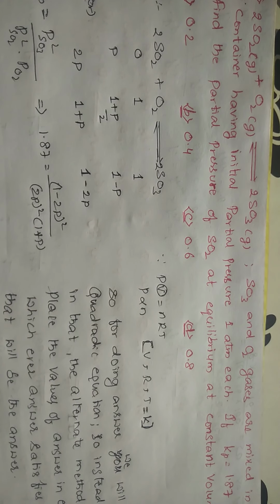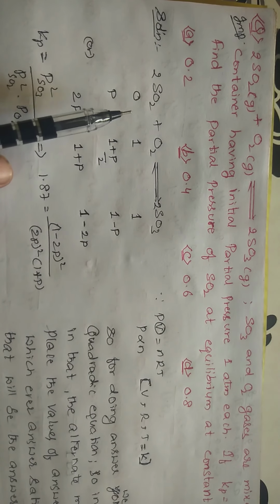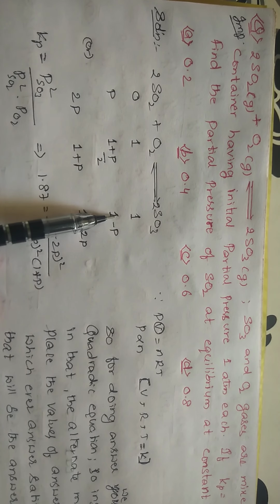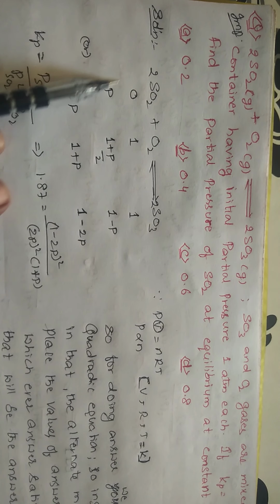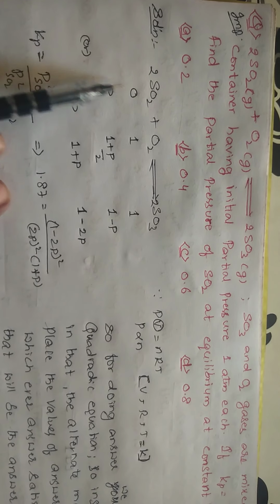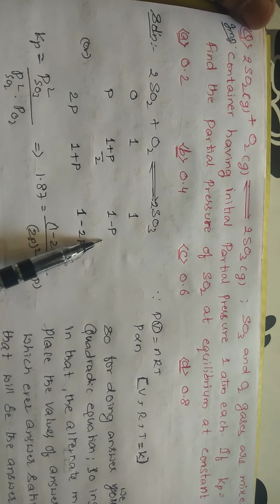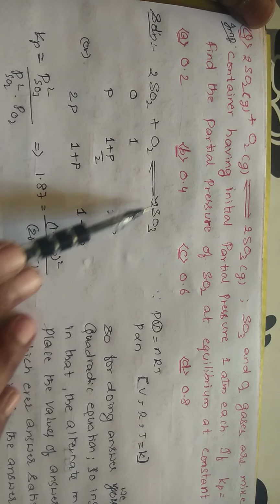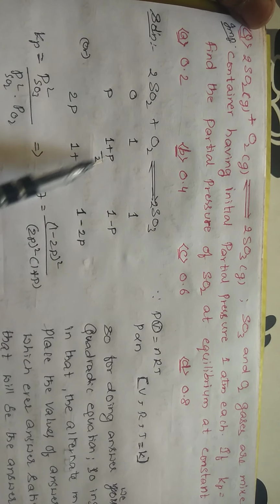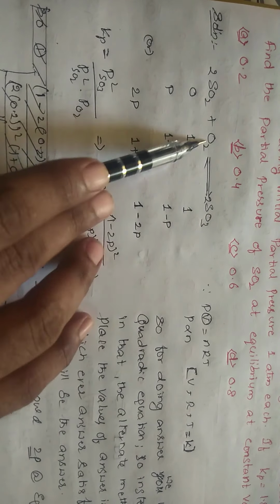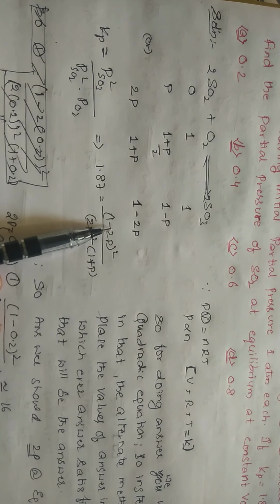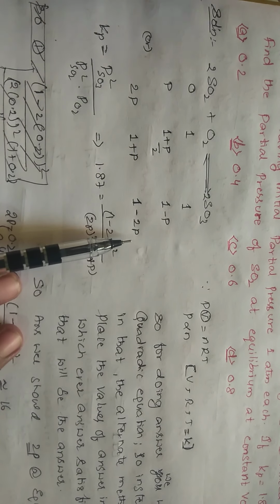So students, if you go into the content, initially he has taken SO3 and O2, this is 1 mole and this is 1 mole, and for the formation he has taken nothing, so it is 0. From 1 mole you are removing P, right? Means for 2 it is going P, so for 1 it should be P by 2, so for 2 it is P. Okay, so if you take 2P, it is 1 minus 2P, it is 1 plus P. So if you take 1 mole, this is the condition. For 2 moles if you go, automatically you will be getting the same answer.